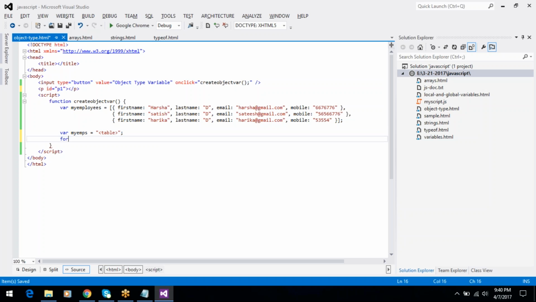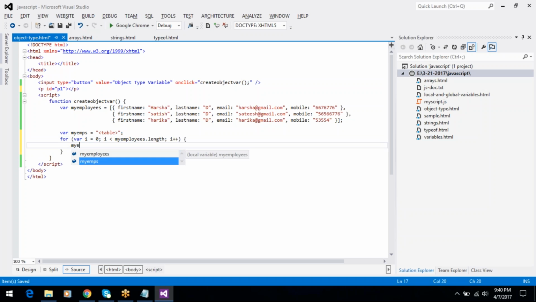And for loop, where i equal to 0, where i less than myEmployees.length, i plus plus. Okay, and next myEmps plus equal to